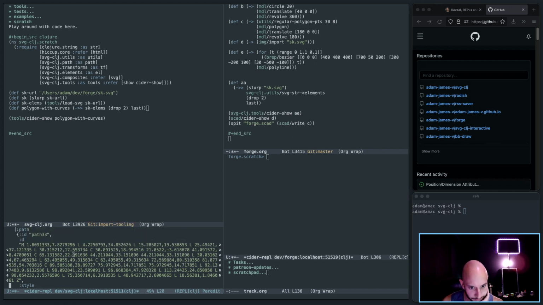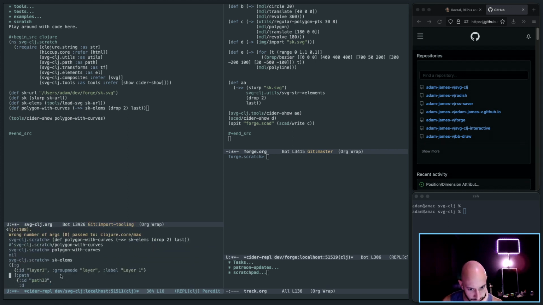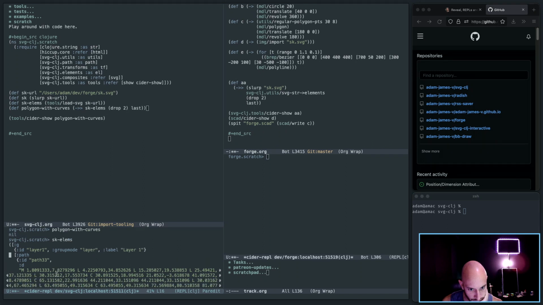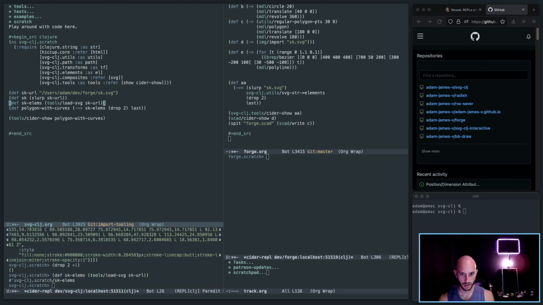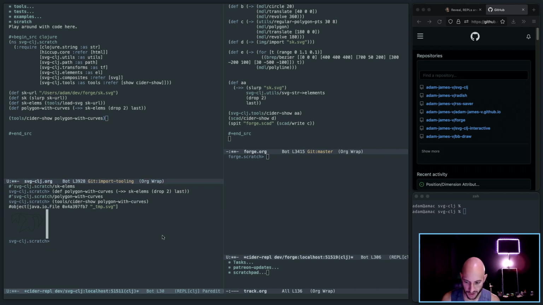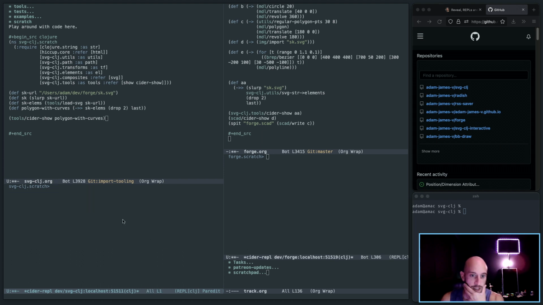Oh, oops. Oh, I see what's going on here. There we go. I was in the REPL, I didn't load the new thing in there properly. I changed the definition of sketch elements and didn't reevaluate it. That's what happened. So that's fine now though. So now what I want to do is def